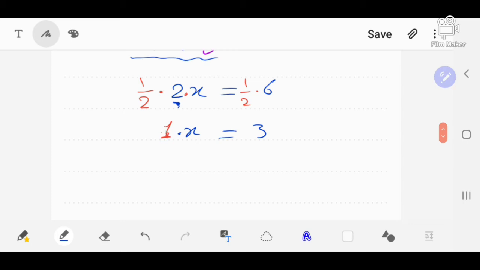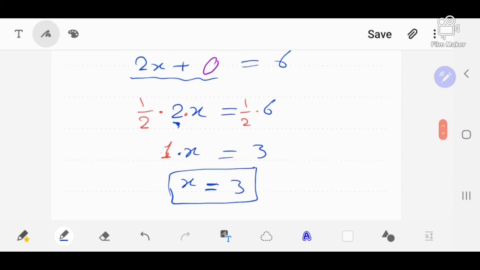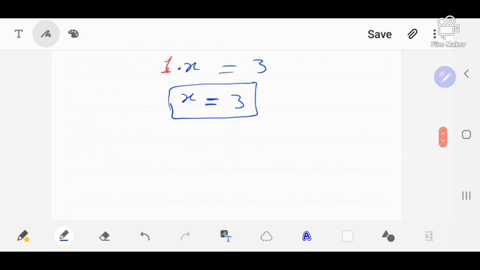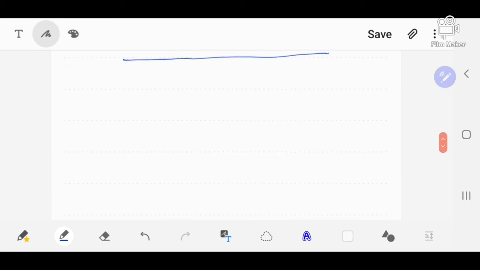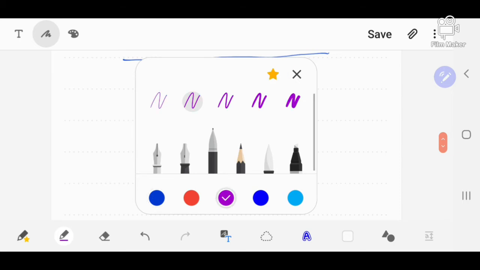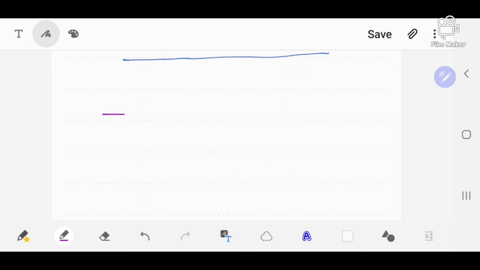So actually we need the inverse and identity to be able to find the value of x when solving equations. Now, that's for equations. What about other topics? What is the identity of matrices, for example, a 2 by 2 matrix? If you finished, for example, studying algebra, you may find that there is a matrix, a 2 by 2 matrix,